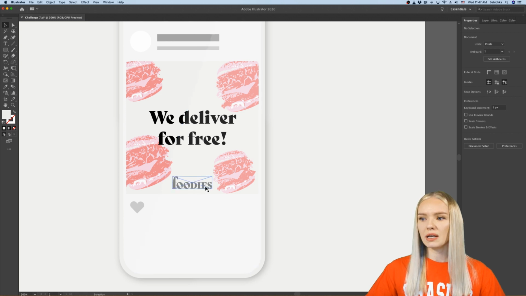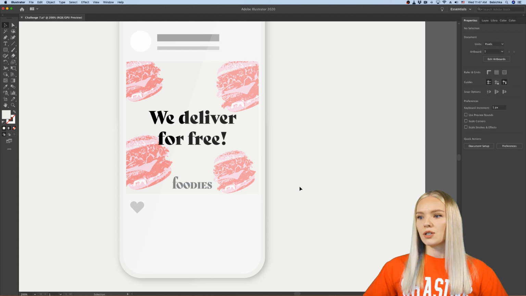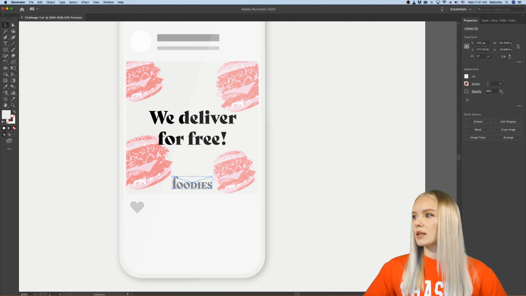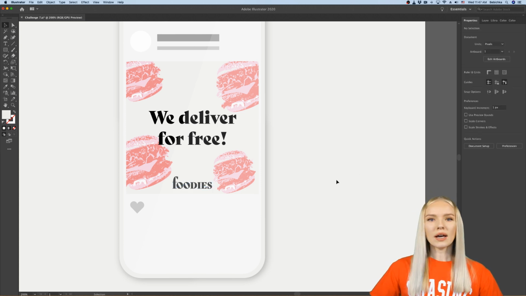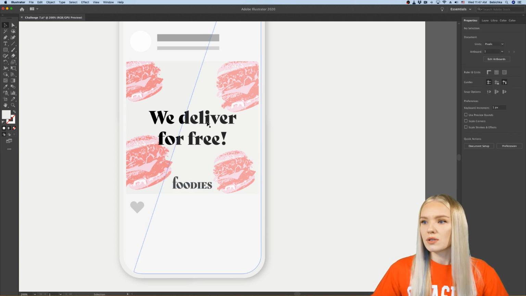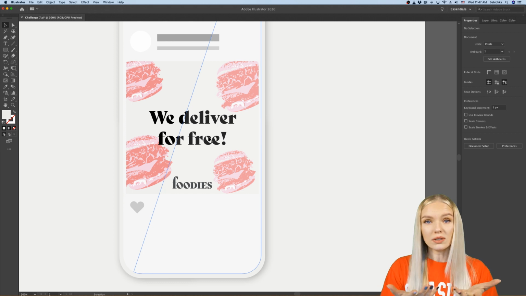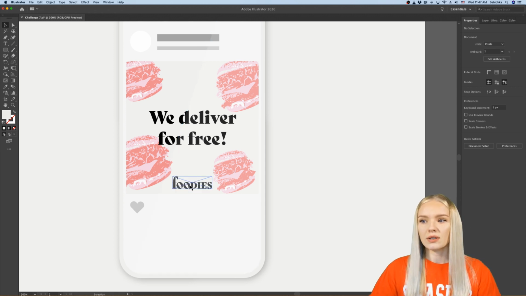Let me see if actually this works well for me. Let me increase the opacity a little bit more. So here the hierarchy is, you first read this text, which is important because you kind of already know that you follow Foodies and you follow their social media. So that's secondary information.